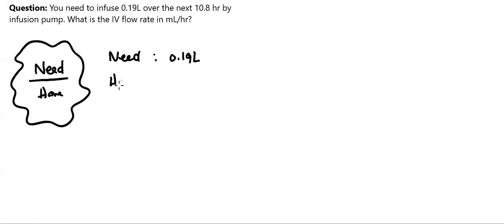What do I have? I have 10.8 hours to do it in. And what I want is milliliters per hour. I've got the hour part, but I do not have milliliters given to me. I've got liters given to me. So I'm going to have to change the liters into milliliters. Milli stands for 1,000ths. So I can multiply the 0.19 liters by 1,000, and that's going to convert it into